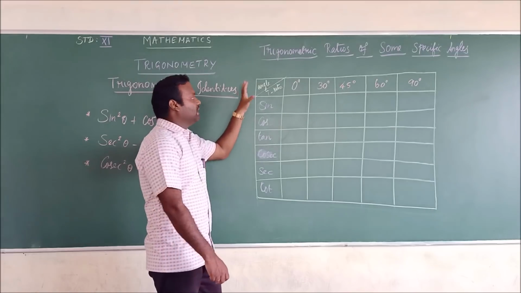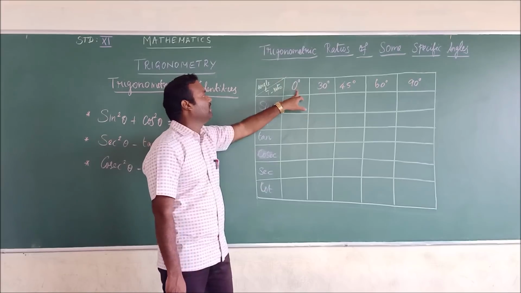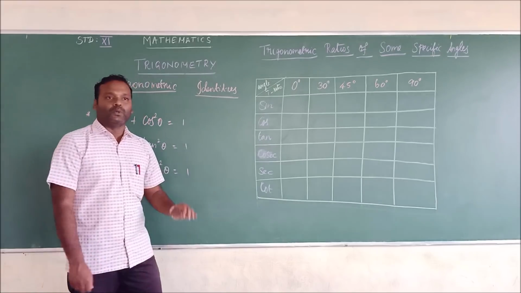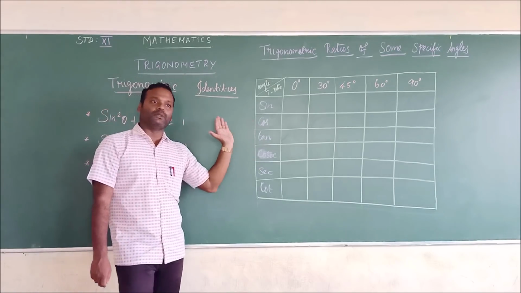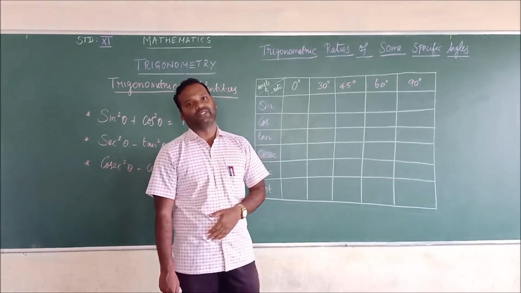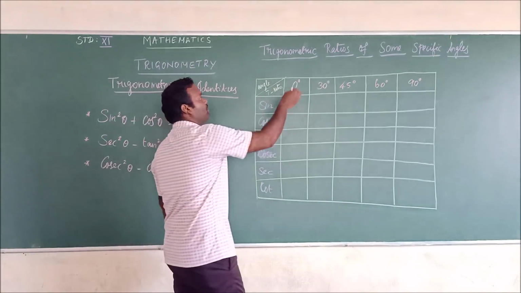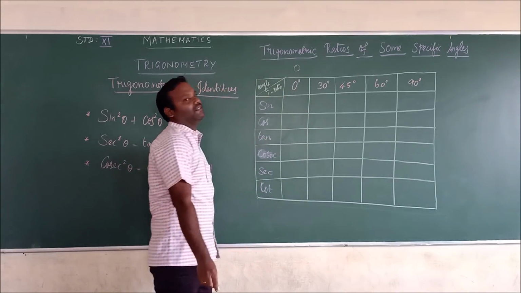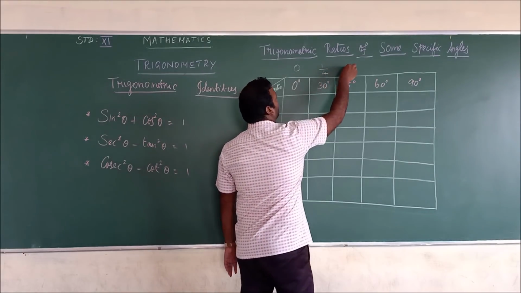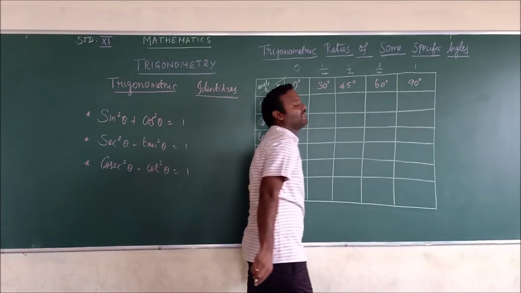Now you just come back to trigonometric ratios of some specific angles. You have to know the values for the familiar degrees, that is known angles, that is 0 degree, 30 degree, 45 degree, 60 degree and 90 degree. You have to remember the values so that you can apply the values in solving the problems. So there is a method to remember or to write the values. So first you have to take the first value as 0. Okay, the second value as 1 by 4, the third value 1 by 2, the fourth value 3 by 4 and the last value is 1.